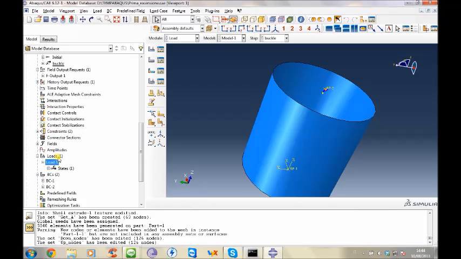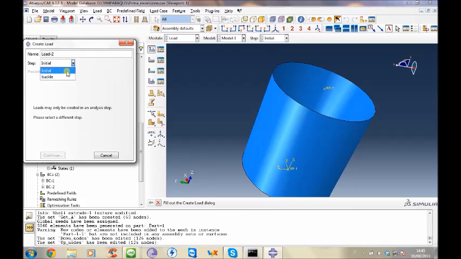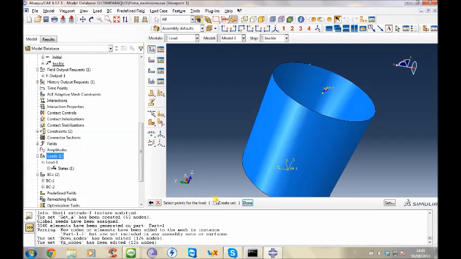Oh, how to assign a load? Click on load. You have many different types of load. You can also have thermal load, acoustic load, fluid, electromagnetic, mass diffusion, or others. In this case, we use concentrated force. You can select the step. Obviously, in the initial part, you cannot assign load. Buckle, continue. You have to select which part of your